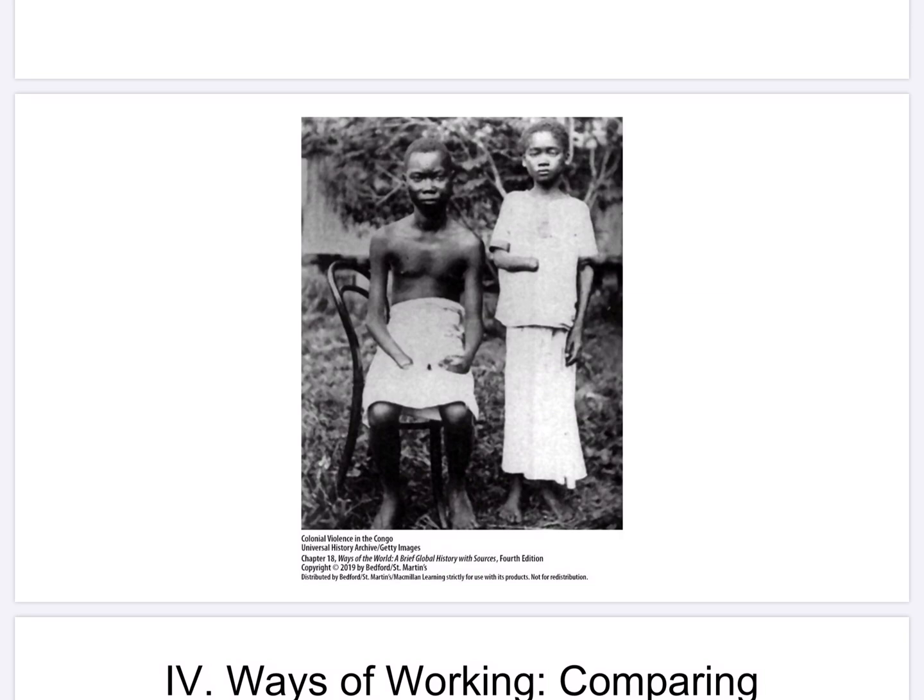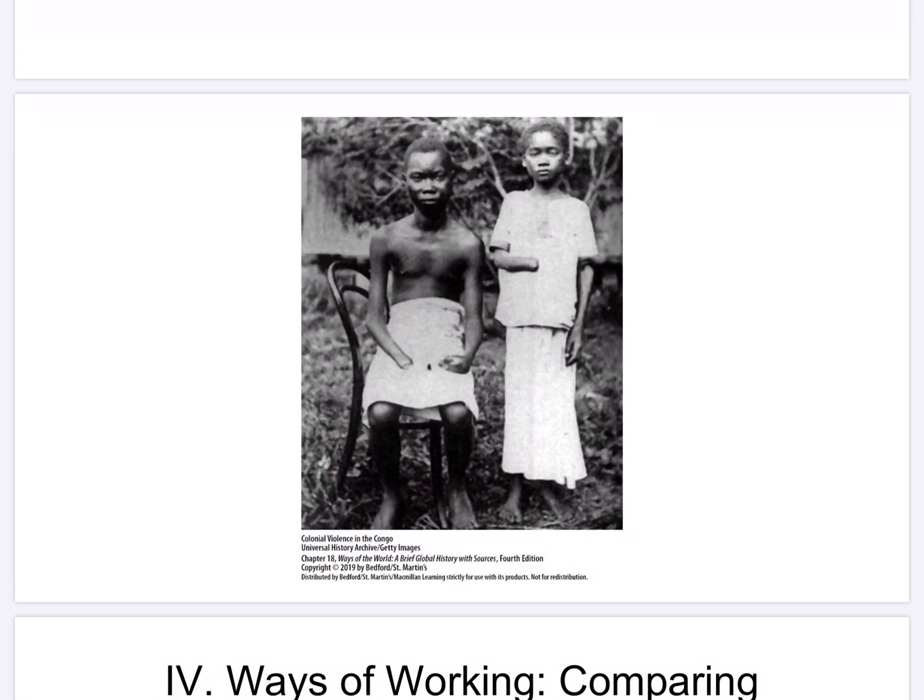Okay, let's look at colonial violence in the Congo. Horrific photos of mutilated children had an important impact on public opinion about imperial rule in the Congo Free State. It came to symbolize widespread abuses like murder, rape, starvation, and the burning of villages. This is all associated with efforts to obtain supplies of wild rubber for use in industrialized societies.